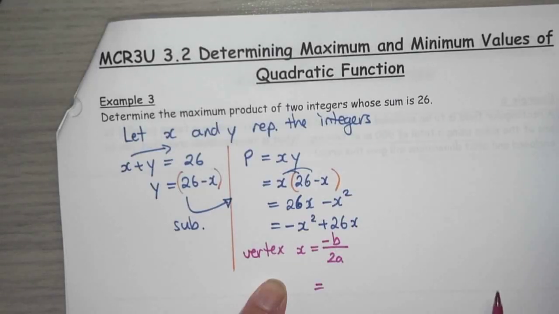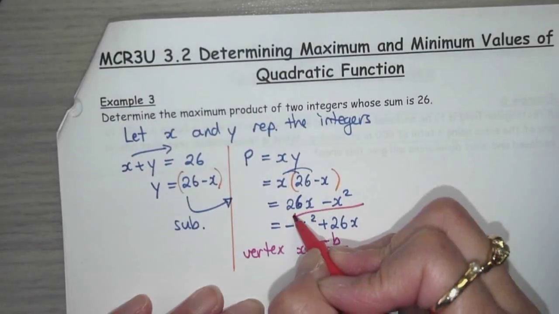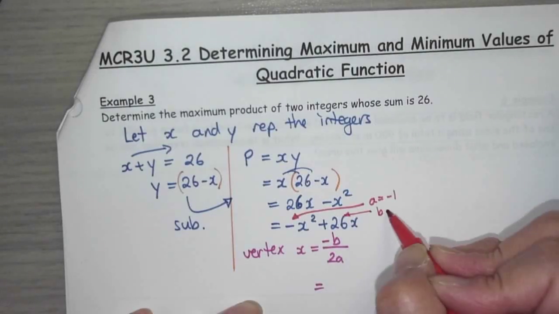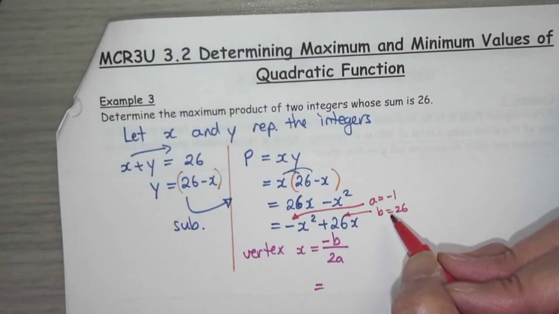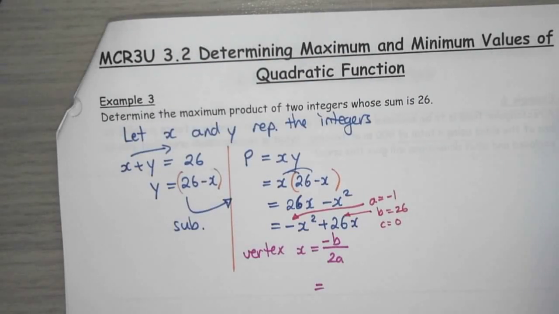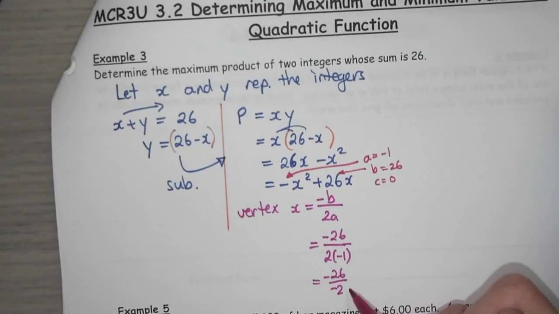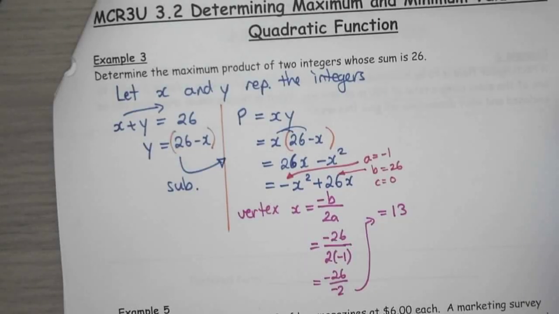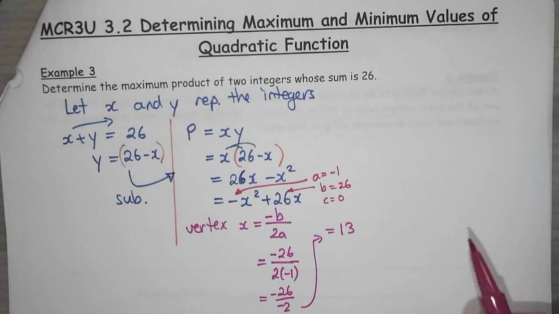Okay, and then negative, what again? So this one, we know that a is negative 1. Does that make sense? Right? B is 26, and I don't even need c, but what is c? C is 0. I don't need it, but just in case you were looking for it, there it is. Okay, so I want negative b, so negative 26 over 2 times negative 1. So that's negative 26 over negative 2, which is 13. Is that good? Okay, so then I want to find